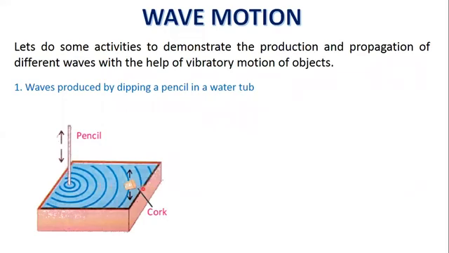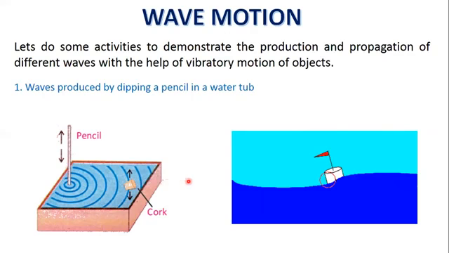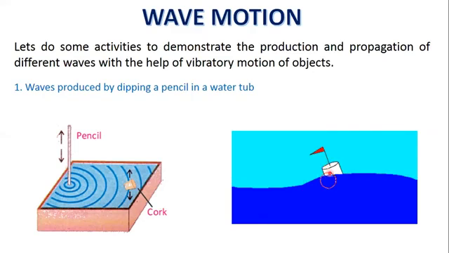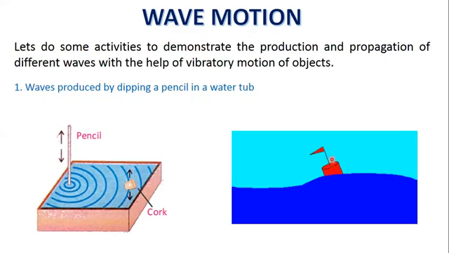When the wave reaches a small piece of cork floating near the disturbance, it moves up and down about its original position while the wave will travel outwards. The net displacement of the cork is zero. The cork repeats its vibratory motion about its mean position.